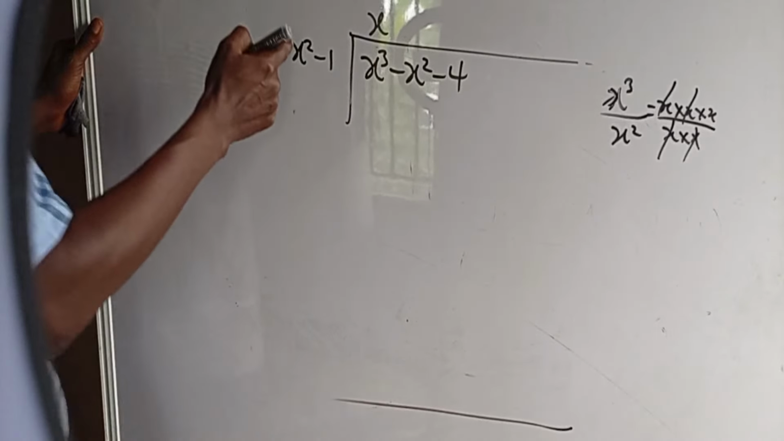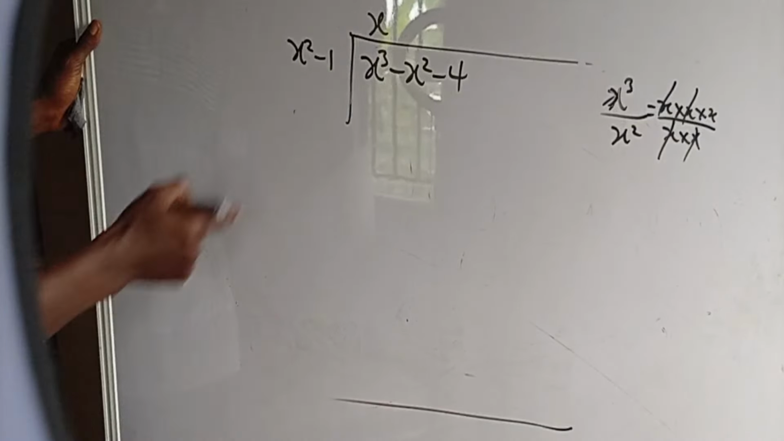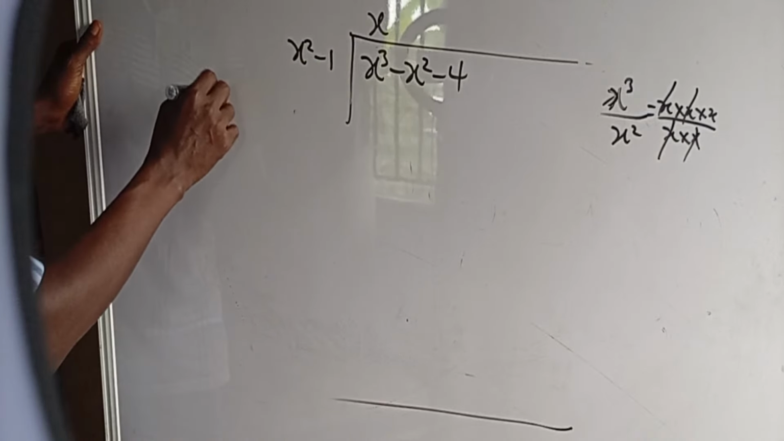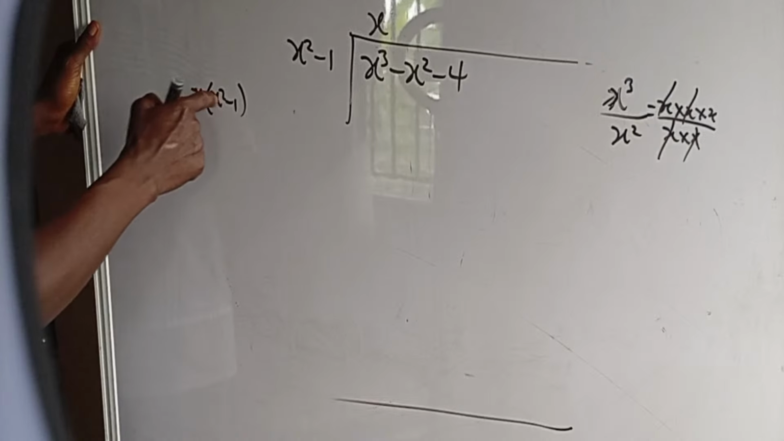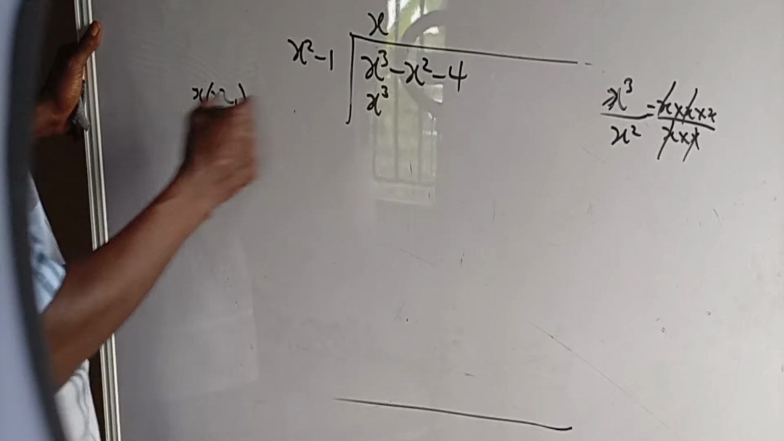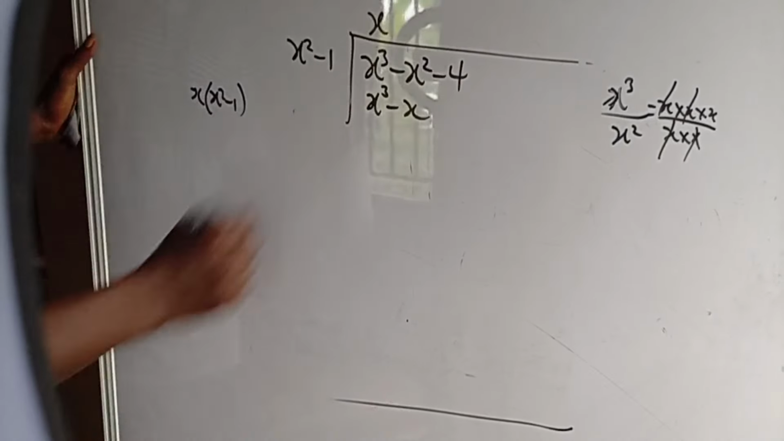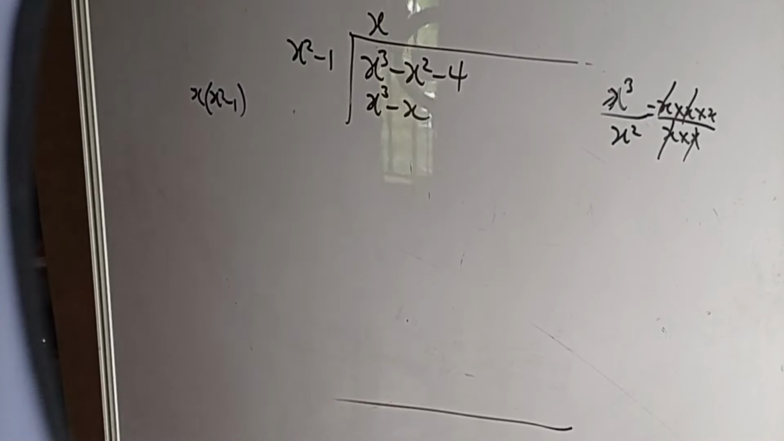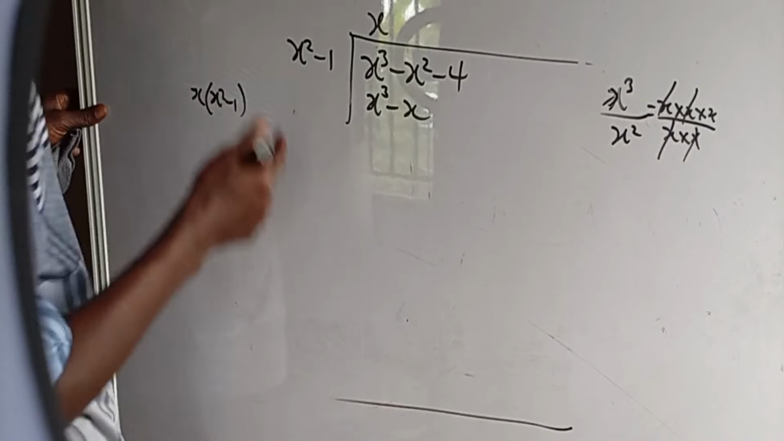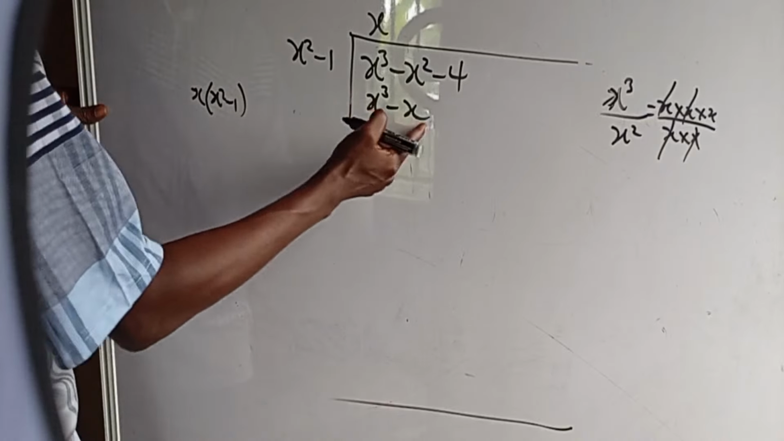Now, multiply this divisor by this x. Let's do it like this: x into the bracket x squared minus 1. X times x squared is what? X cubed. Then x times minus 1 is what? Minus x. Are we following? Okay. So, now, having done that, the next thing is to subtract the value you obtain